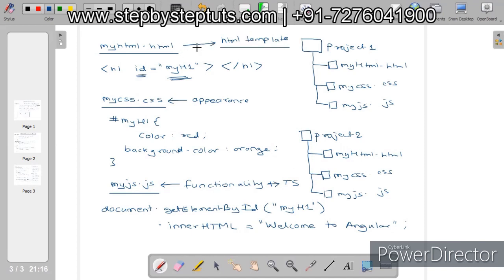So HTML is called an HTML template, CSS remains as it is, and instead of using JavaScript, you're going to use TypeScript. If you are using these three things, then you are basically creating an Angular component. Got it, guys? So if I write down